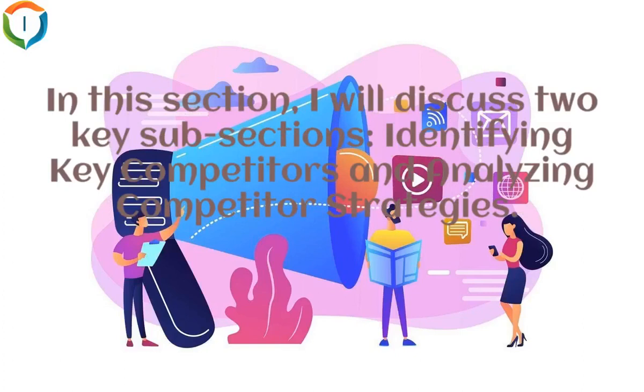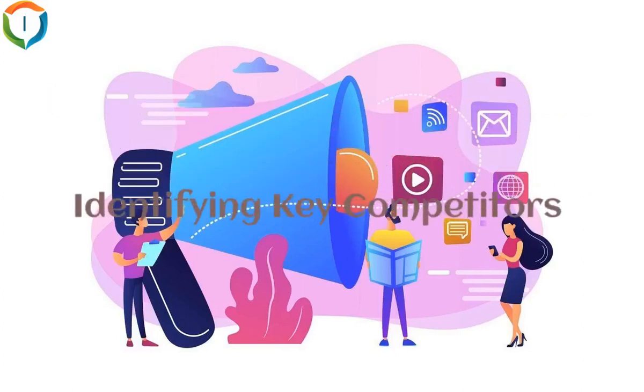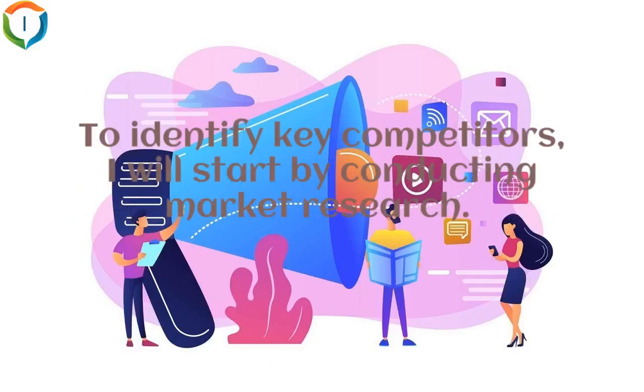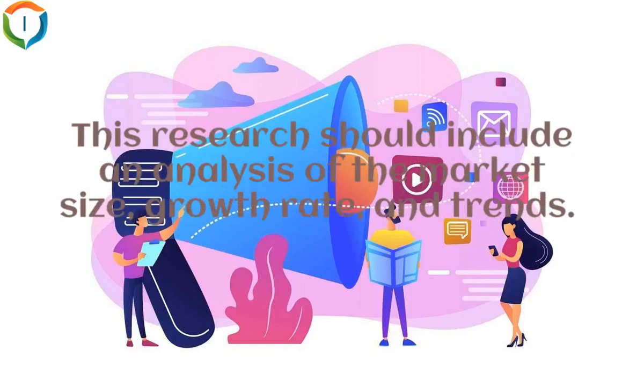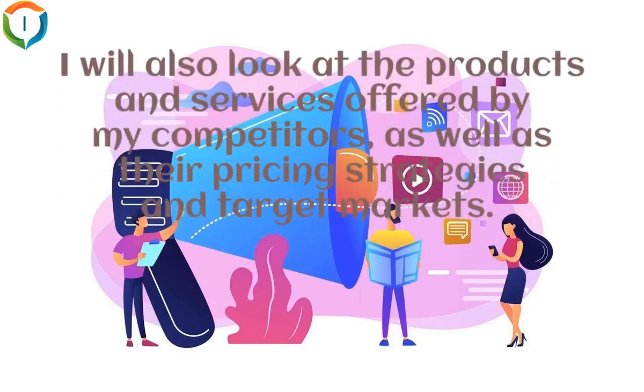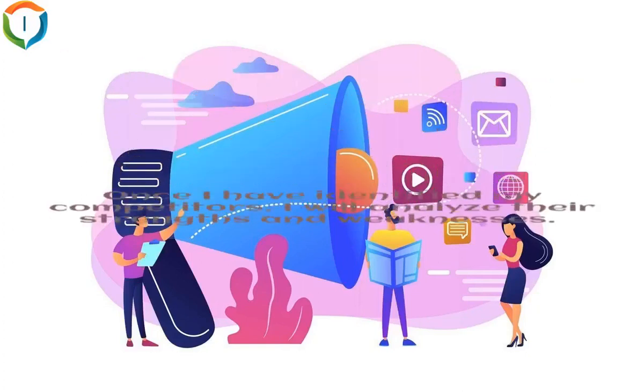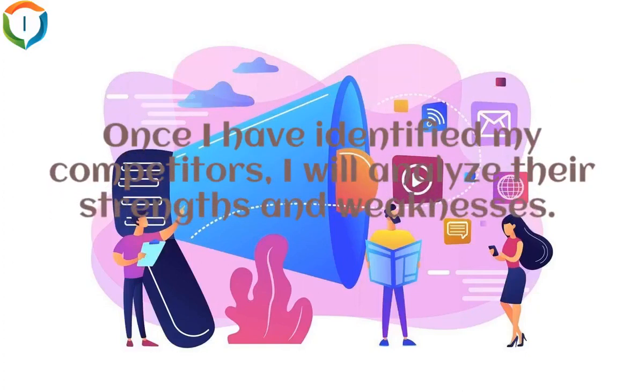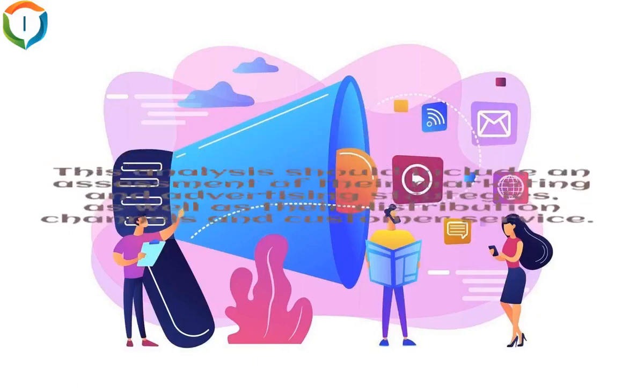In this section, I will discuss two key subsections: identifying key competitors and analyzing competitor strategies. Identifying key competitors. To identify key competitors, I will start by conducting market research. This research should include an analysis of the market size, growth rate, and trends. I will also look at the products and services offered by my competitors, as well as their pricing strategies and